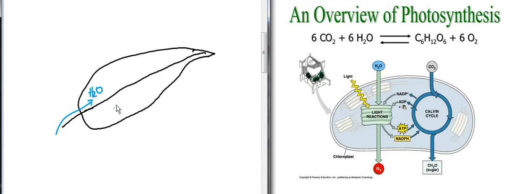By transpiration the water is coming up. The plant contains some chlorophyll molecules, that green part is your chlorophyll,